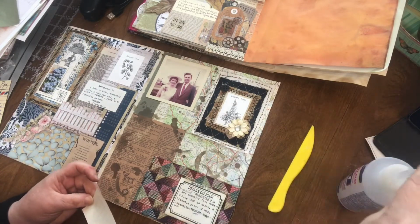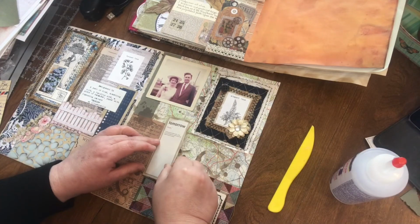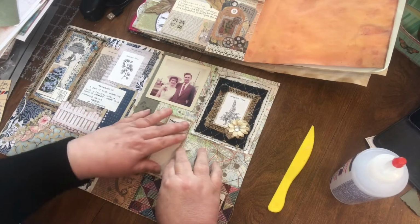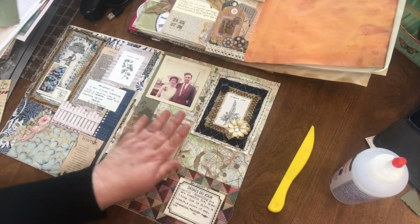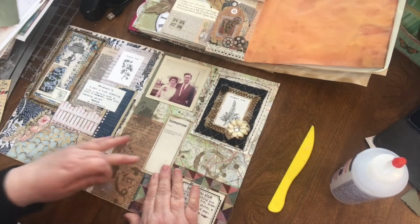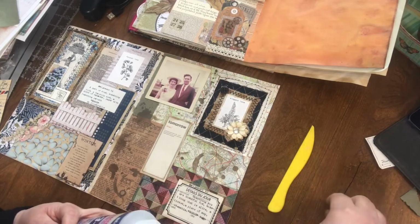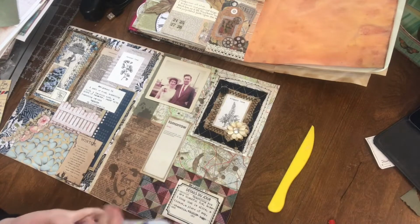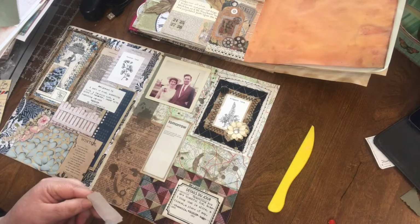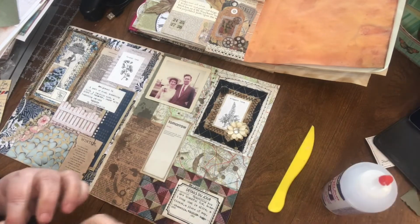Every once in a while, in doing these prompts, I do turn out a page that I am really extremely happy with. I was never super great at collage before this. I do think I've improved a little, just in the practice of it, especially using the prompts. The prompts spark my creativity. They really, really do. And I love those cards that I purchased from Marguerite Miller's website, her Etsy, excuse me,